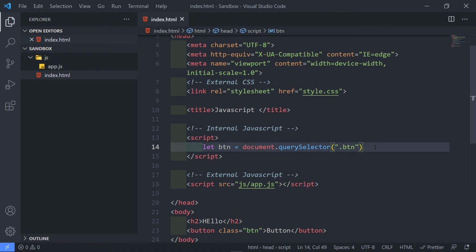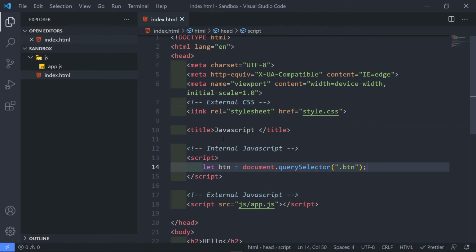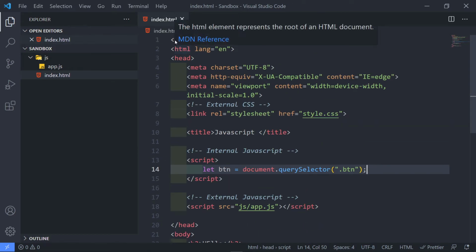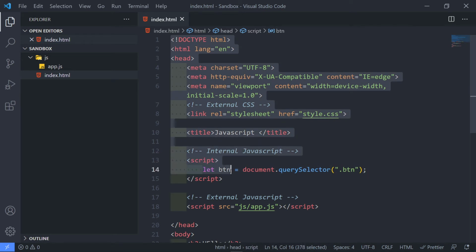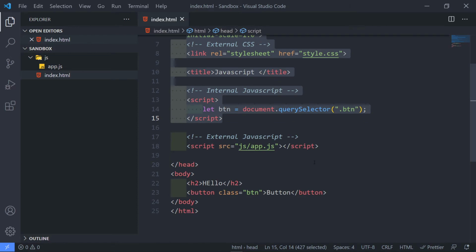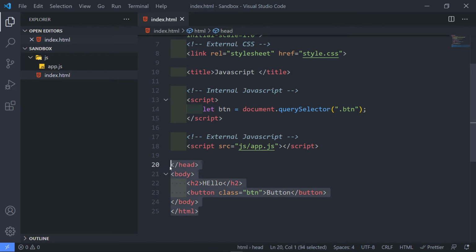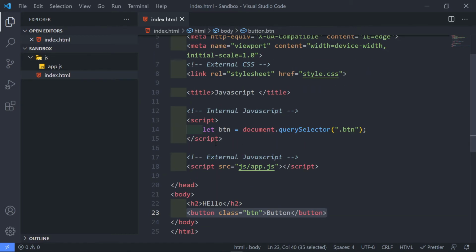Now, the problem that you might see already, let's say as we're loading down here and we get here. The browser loads and parses this, but it will say, listen, I'm not finding the button, because your HTML is not loaded before the JavaScript. That needs the DOM element right here, your button right here. It is looking for the button, but it has not been found yet because it has not been loaded and parsed yet